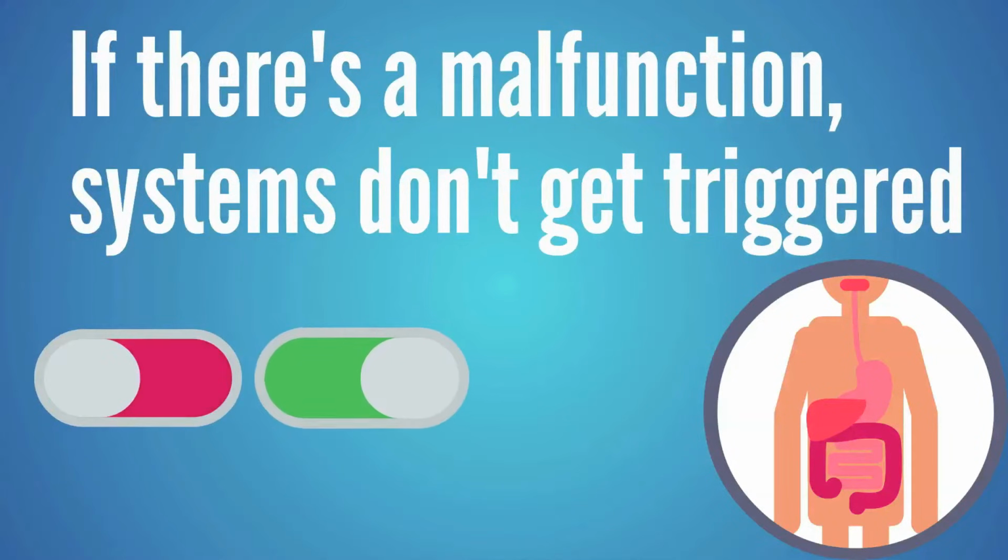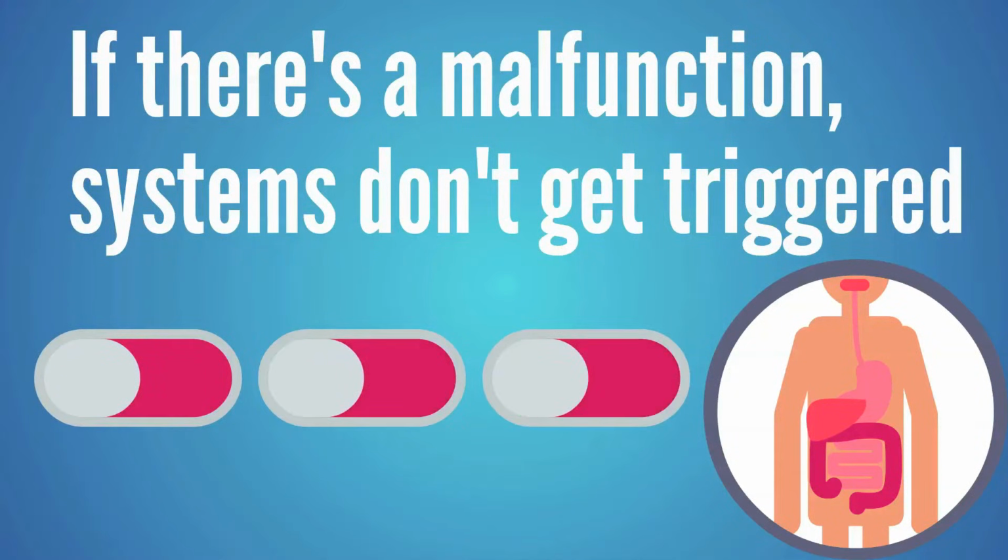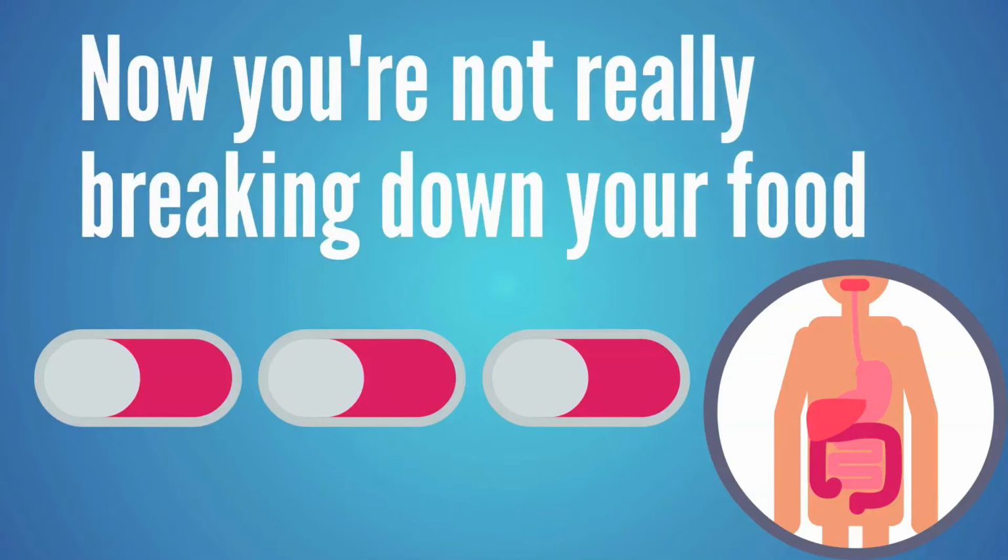So when that sizzle isn't there, we're not accessing nutrients from the food, and plus the food is not breaking down, and it's going to do the rotting and fermenting action that creates a lot of that nausea and loss of appetite problem. But it's a lot of this digestive action that's supposed to trigger other steps along the line, like that stomach acid is supposed to trigger the bile to flow and the bicarb to be released and digestive enzymes and all these other functions that are important for digestion. And if there's a malfunction there, all these systems don't get triggered and they're not all working, and we're not really breaking down our food.